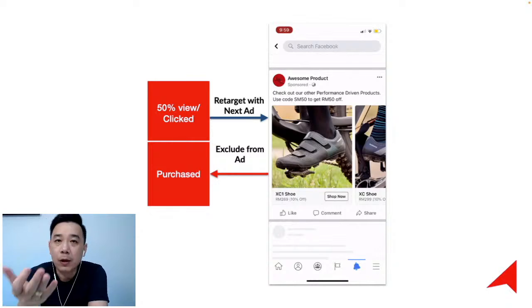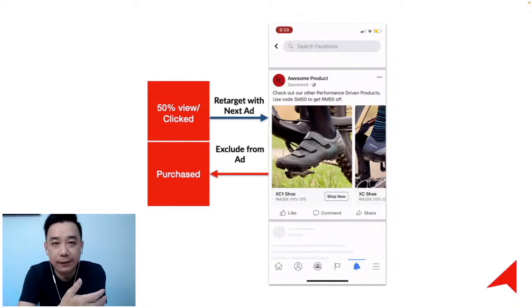Now, let me give you an example. Do you know what's the conversion window for a smartphone? The conversion window for a smartphone is actually less than 48 hours. When I start browsing for iPhone, for example, I want to buy it yesterday. I don't want to buy it tomorrow. I don't want to buy it 1 week later. I want to buy it yesterday. I will make decision that quick because human nowadays can't live without a smartphone. All right. So you got to really understand your conversion window and you want to retarget for the optimum duration. Now, let me give you some example. For e-commerce businesses, usually for normal products, the conversion window is about 7 days, 3 to 7 days.